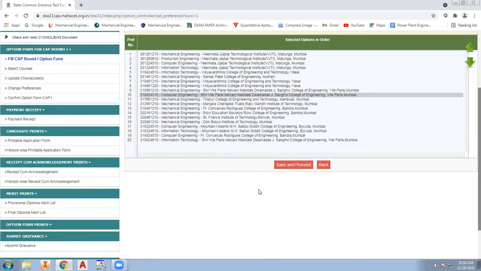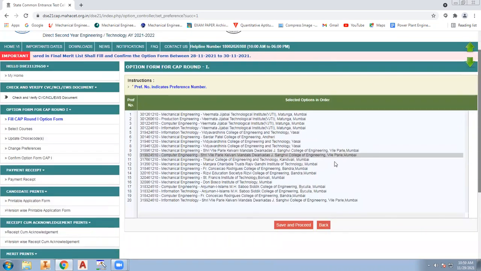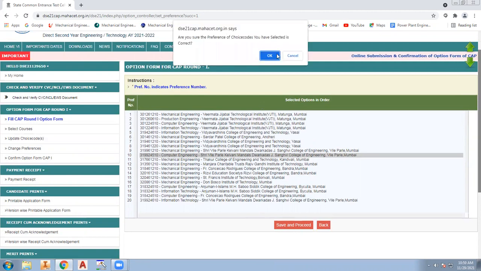For example, let us assume that this is your preference. If you want to take admission in VGTI for mechanical, production, computer, IT, or any other branch, you can select that also. There is no restriction, you can select any branch, any course. Then click on Save and Proceed.